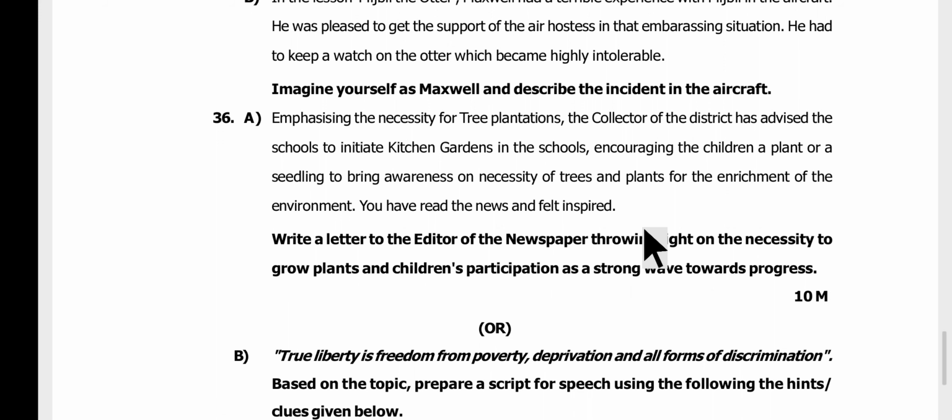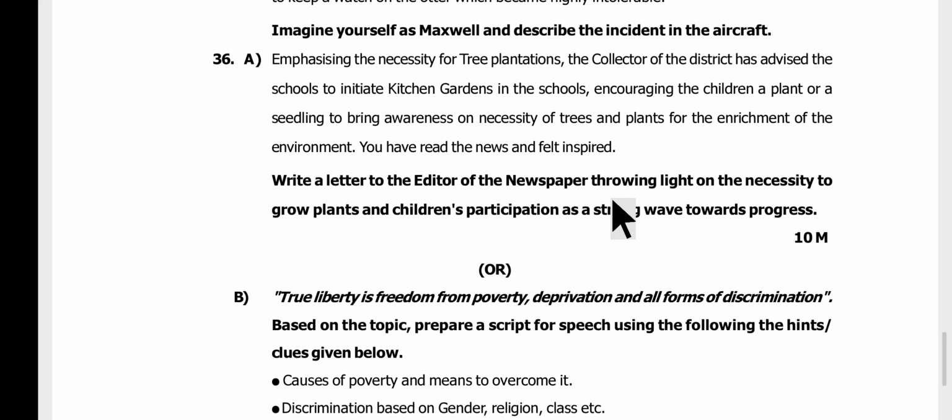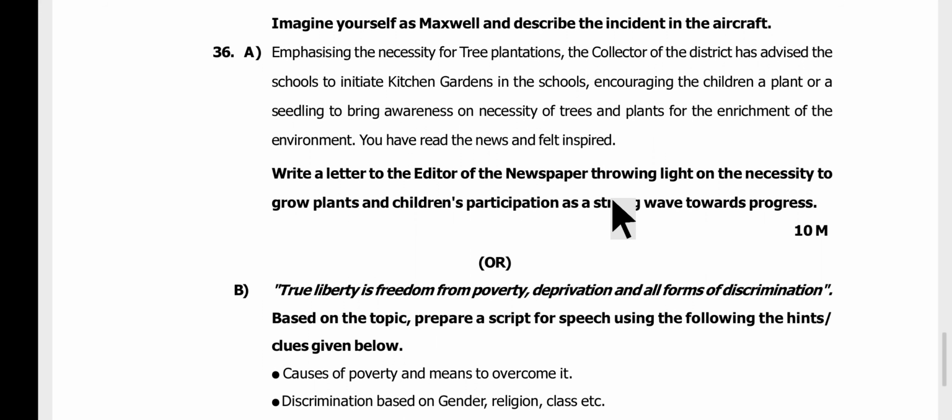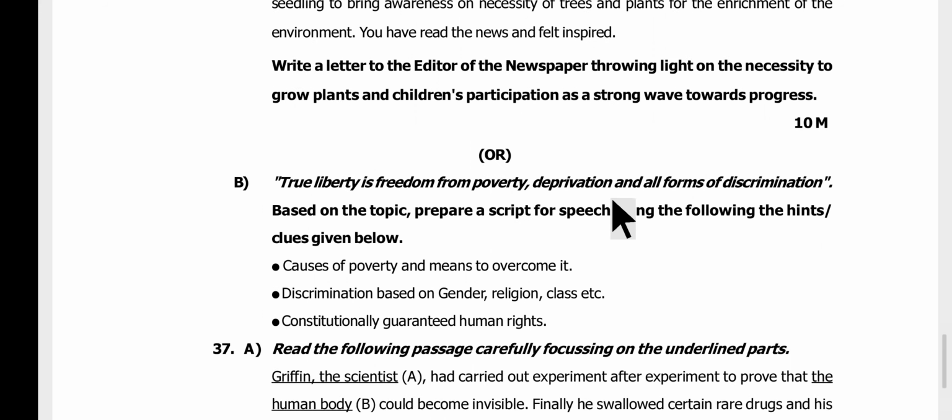So here plantation drive, children participation and awareness to protect our environment. So what kind of information or what kind of creative thoughts can we put in? There are no hard and fast rules for attaining a good score in this area. Our usage of sentences and our thoughts will add value to scoring better. Now followed by